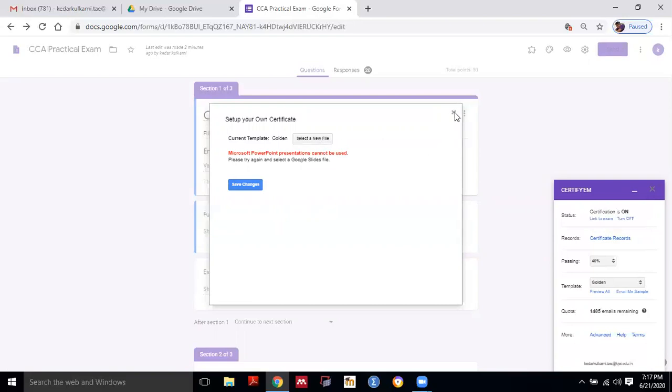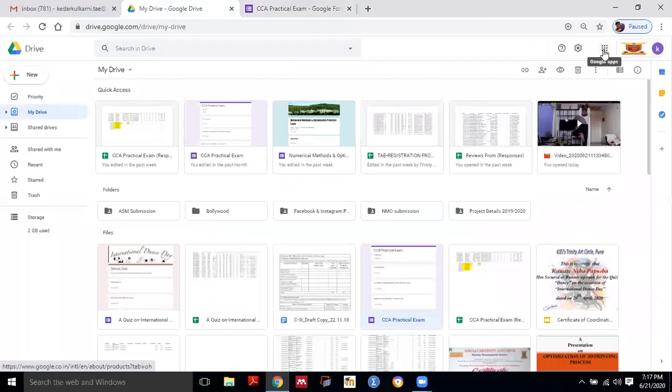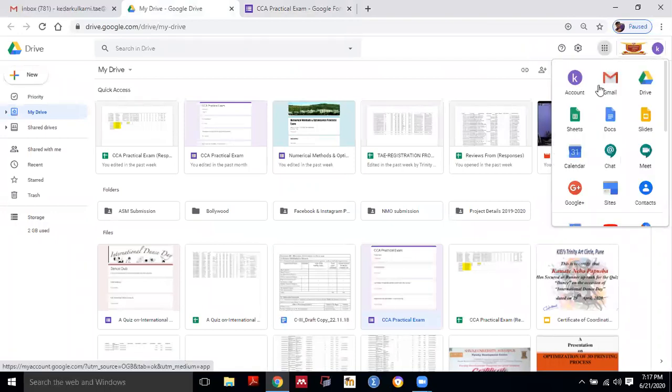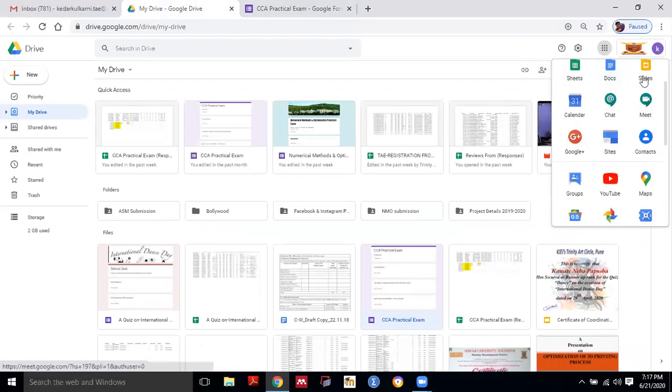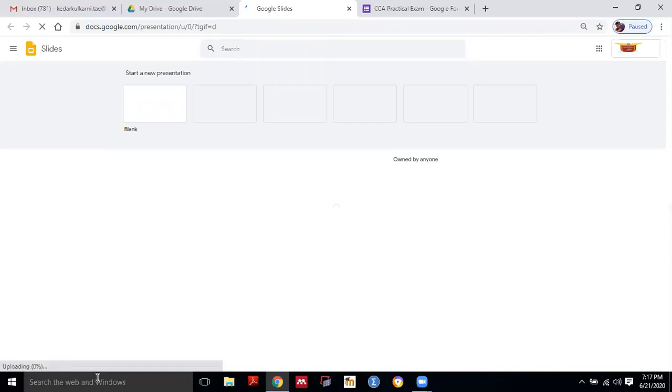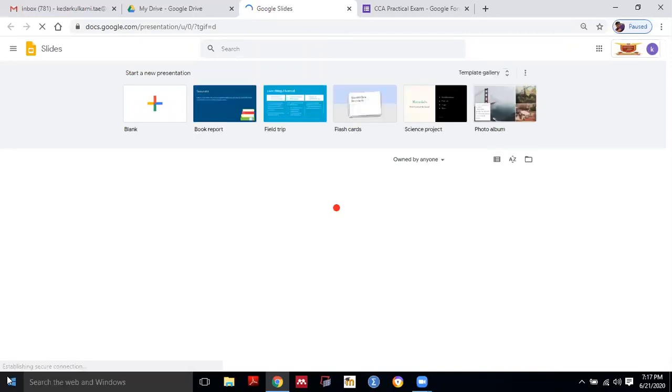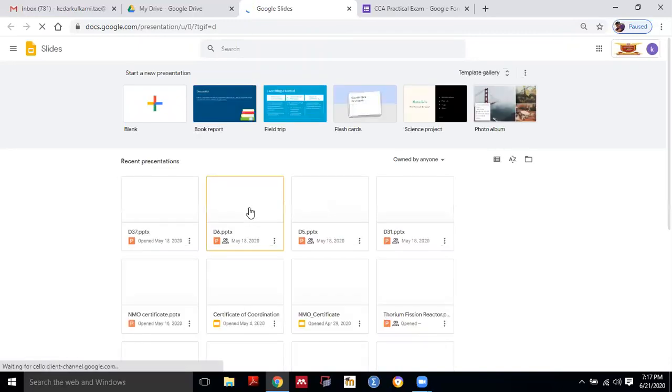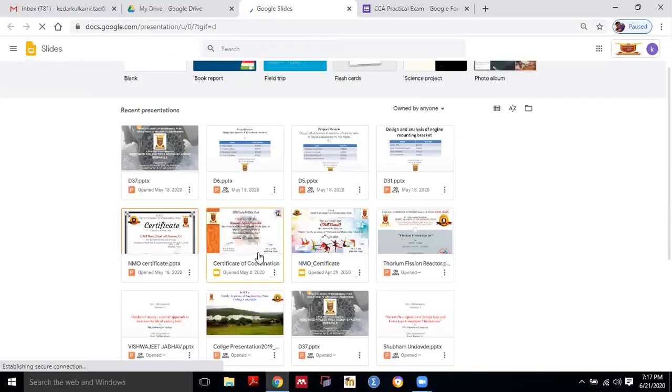Means what? I have to go first my drive, then I have to go for slides option here. Then I have to select, that is certificate of coordination.